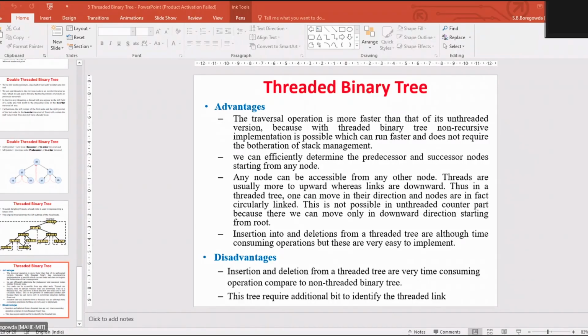Next is the construction of an AVL tree. How are we going to construct the AVL tree? Construction of an AVL tree is the same as that of an ordinary binary tree. In the same way we can construct it, but here after the addition of each new node, we need to check whether the balance factor is maintained or not. After adding a node, we have to check to ensure that AVL balance conditions are not violated.